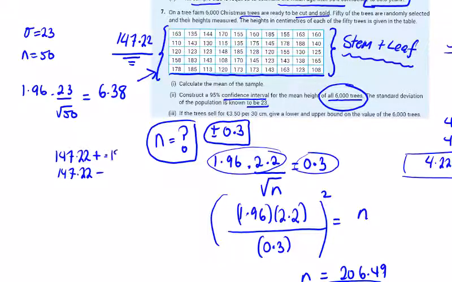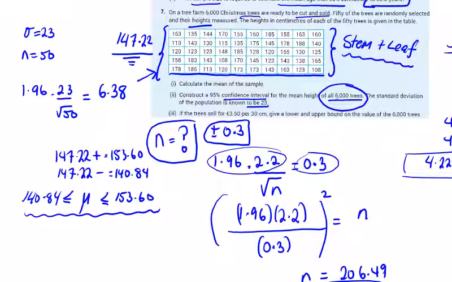153.60, and if we take it away from 147.22, we're going to get 140.84. So we can say that for the population, the heights of these trees, we can say with 95% confidence it's between 140.84 and